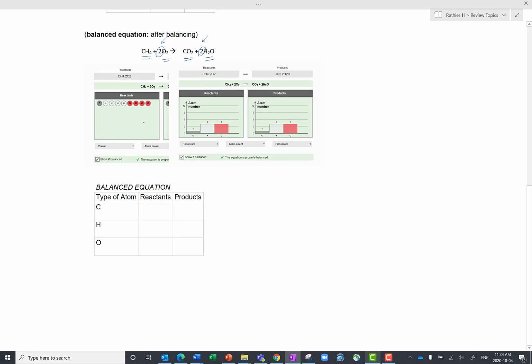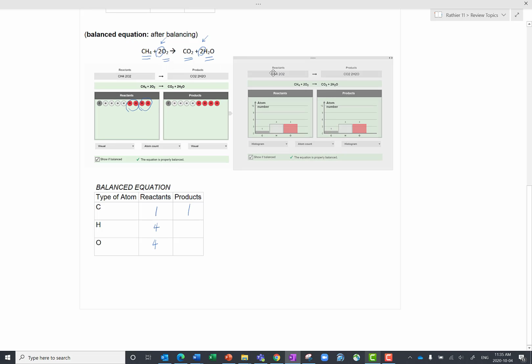CH4. So if you compare the before and after here, I only had 1 O2 before, which gave me 2 oxygen atoms. And now by having 2 O2s, that will give me a total of 4 oxygens on my reactant side. And then as well, I've got 1 carbon still and 4 hydrogens. Okay, you can see in a couple of different ways. And then in the product side, I've got 1 carbon. I've got 4 hydrogens because I have 2